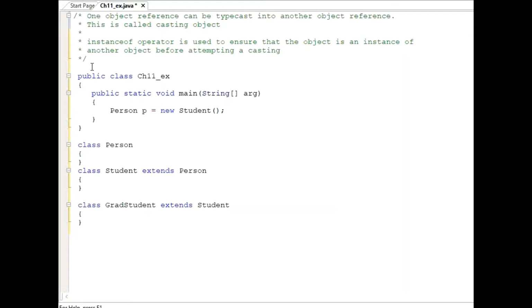What is this? p is the object name. The declared type of the object is Person. The actual type of the object is Student. So this type of declaration or creating an object is possible. We can easily do that.